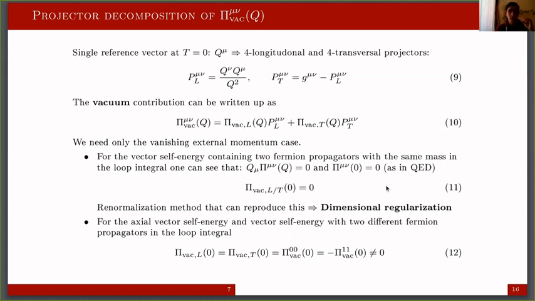And it is an important point that to hold this, we need to use dimensional regularization because, for example, in cutoff regularization, we will get a constant contribution to these self-energies. In the other cases, where we have different masses on the two lines, or we have axial vectors, it turns out that the two modes will be different, and we can relate them to the components of our self-energy tensor. So it's very nice.